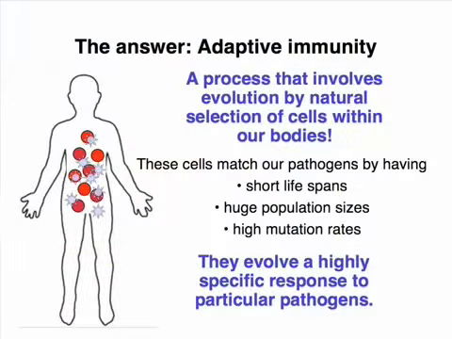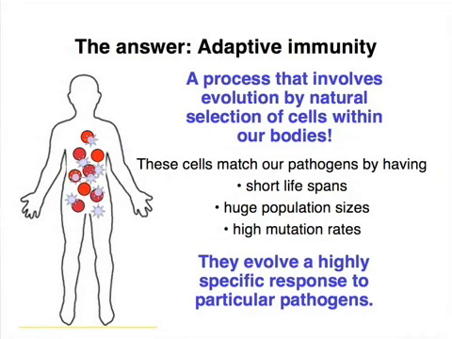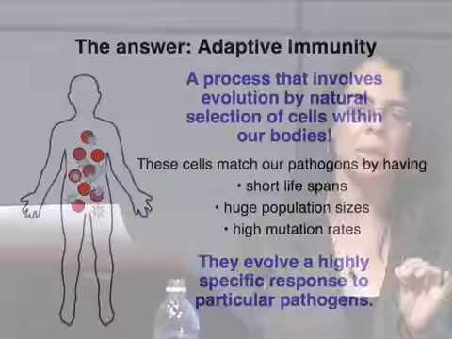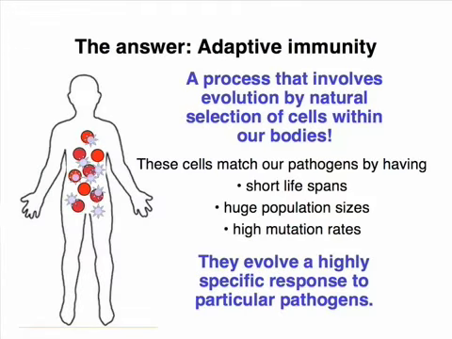And the cells in our system, they have short lifespans, they have huge population sizes, and they also have very high mutation rates, and I'm going to show you how that works. So with these properties of the cells of our immune system, we actually have leveled the field in the competition with our pathogens. And what the cells in our immune system are evolving is a very specific response to particular pathogens. So that when we are exposed to a given disease at any point in time, our immune system learns to recognize the disease, and next time we are infected by the same pathogen, it is not going to make us sick anymore. And it's the same principle that applies when we are vaccinated against some particular pathogen.